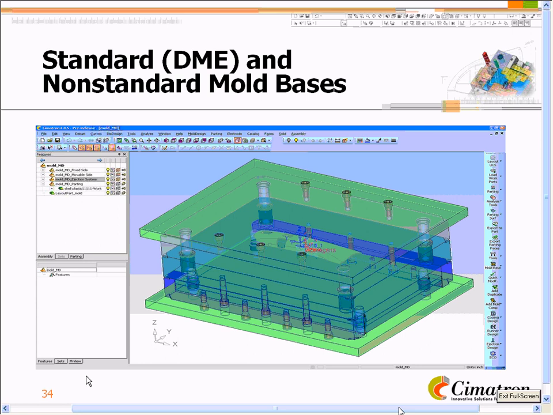For instance, again, following the rules we set up, what types of plates do I want? Do I want a manifold plate? Do I want a top clamping plate? All of these can be handled for non-standard